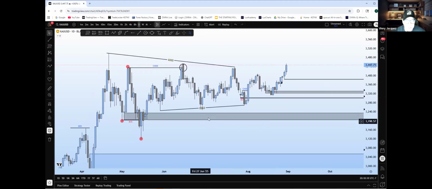You can choose to be patient and wait here, or you can choose to participate, and you have to understand you are willingly participating in liquidity, right? Because it is building liquidity. But the thing is, you don't know whether the market is going to take off like it did, or if the market is going to just continue to build liquidity and then drop, give us an entry. The market could have easily